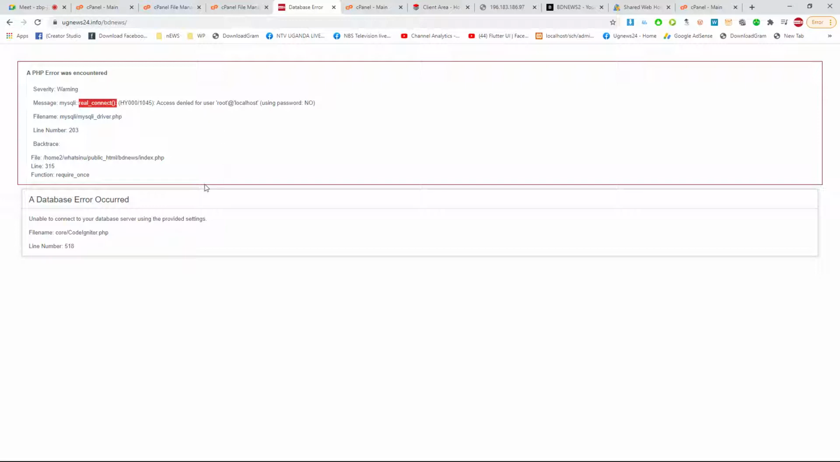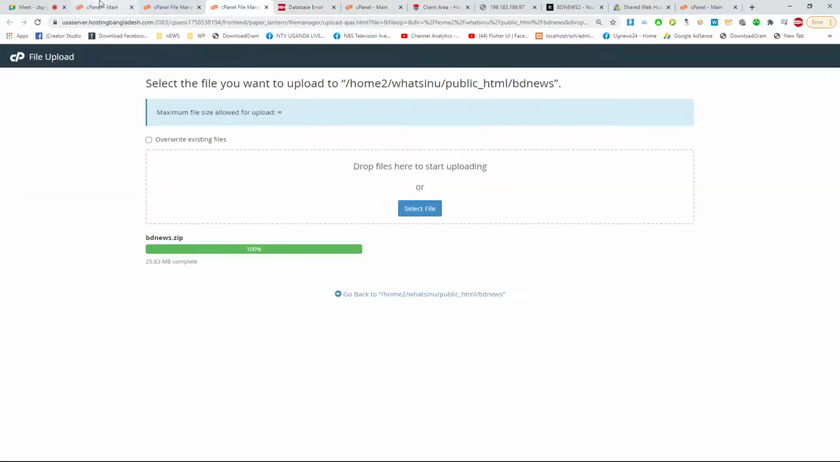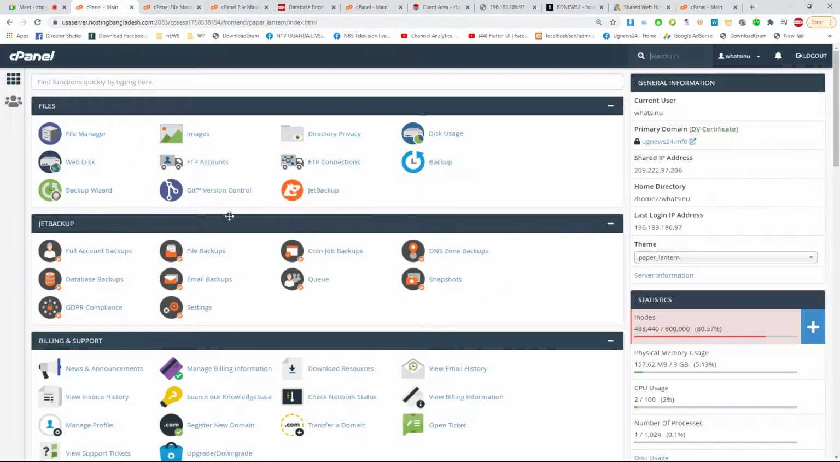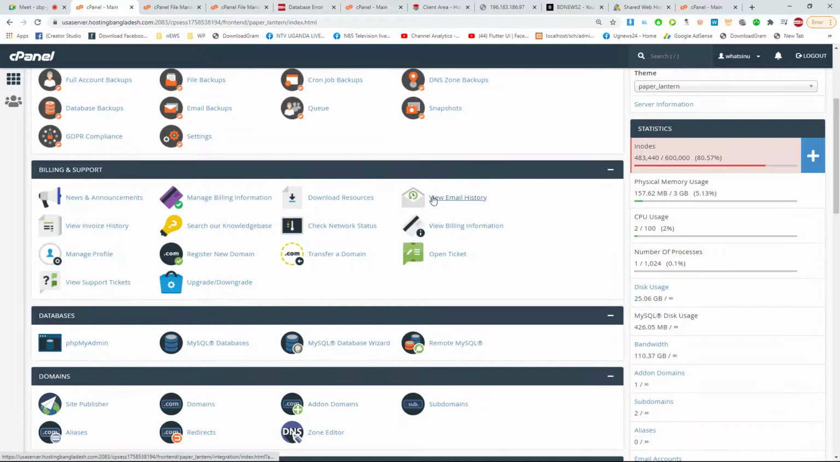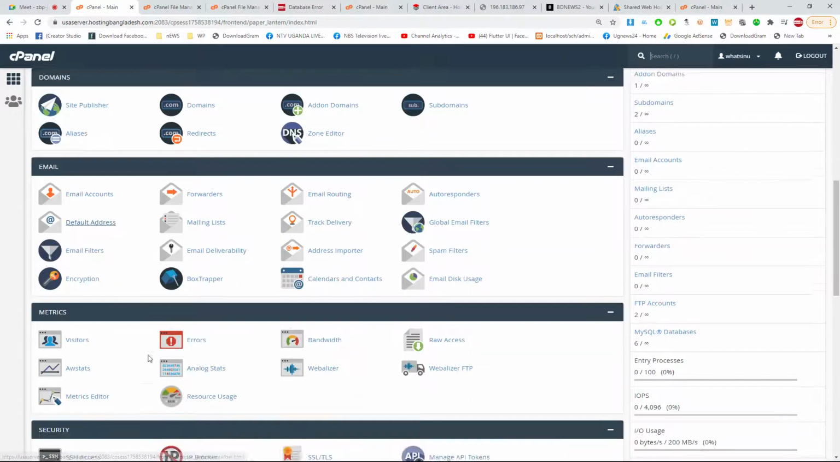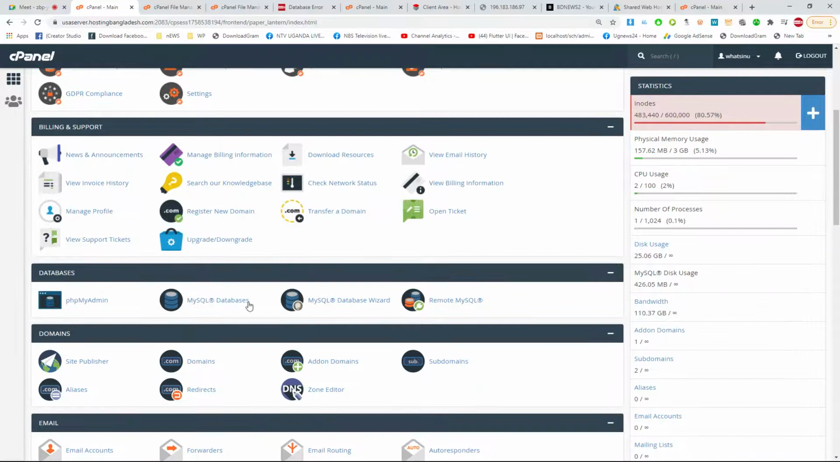Okay, so now let us create the database and connect with the database, because we have just uploaded the files of our project. To create a database, you come here to your host, to your cPanel, and then go to the database section, and you click on not phpMyAdmin, this one is later, but on either MySQL database or MySQL wizard. So you click on MySQL database,